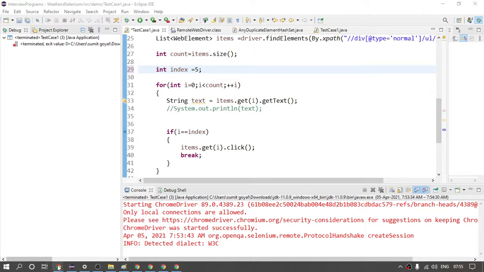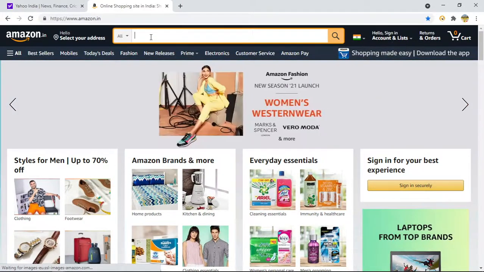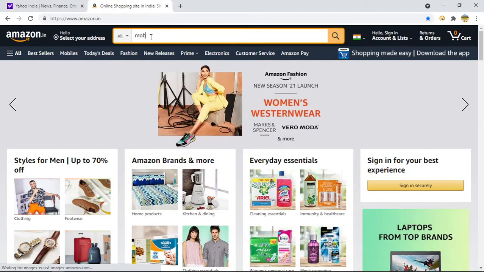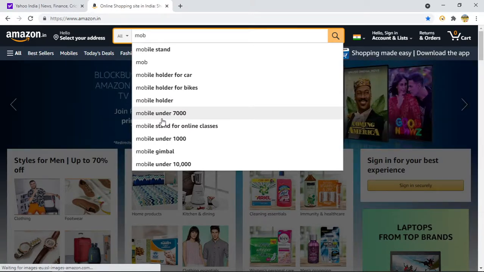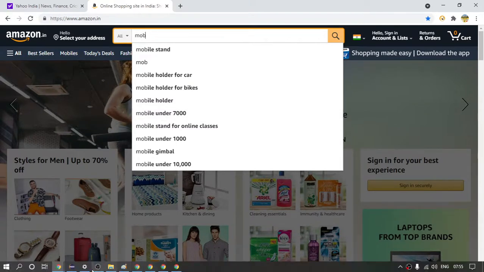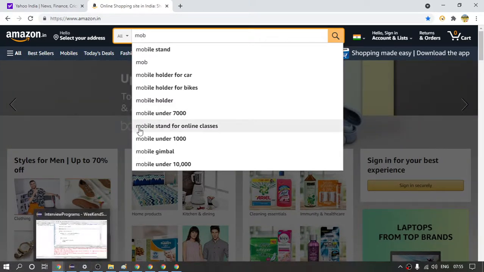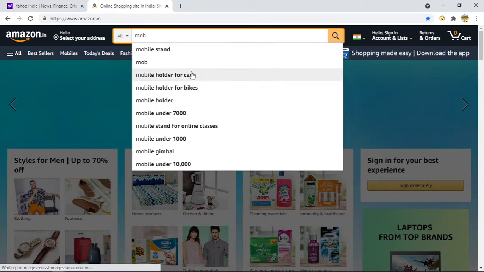So if you see this website, if I write anything here, like MOB, it will give me some data like this. We can see only the Yahoo website, not Amazon. I can see it is stuck on the Yahoo page. Is it the same for everyone? Yes. Now it is visible, it is Amazon. I think your internet connection might be the issue.